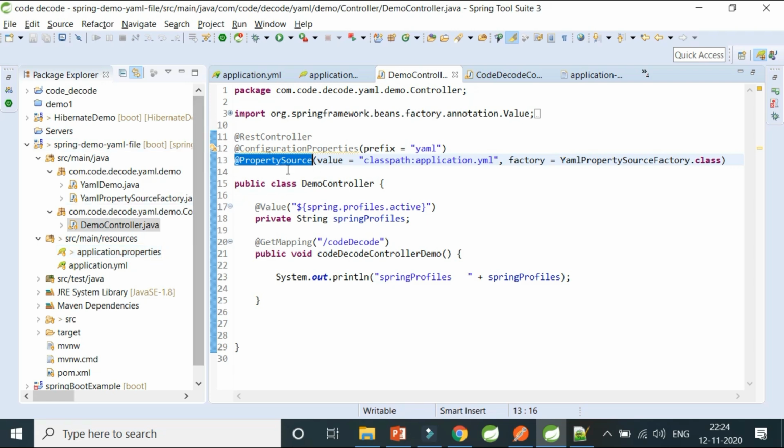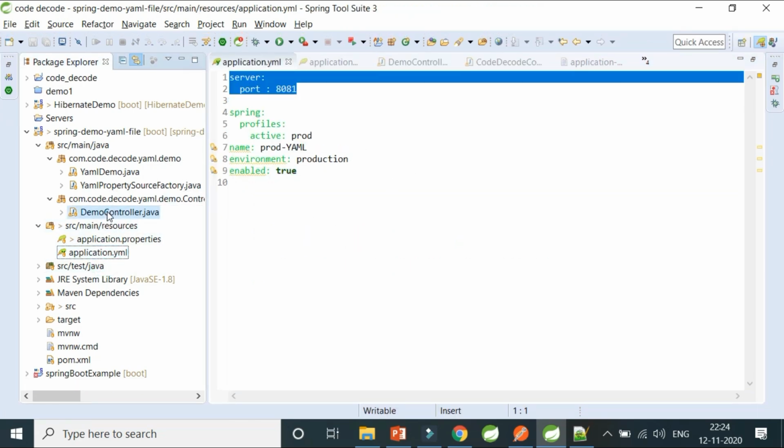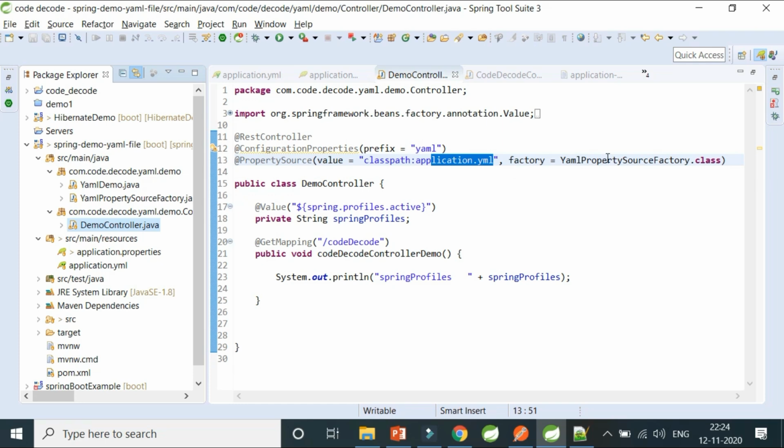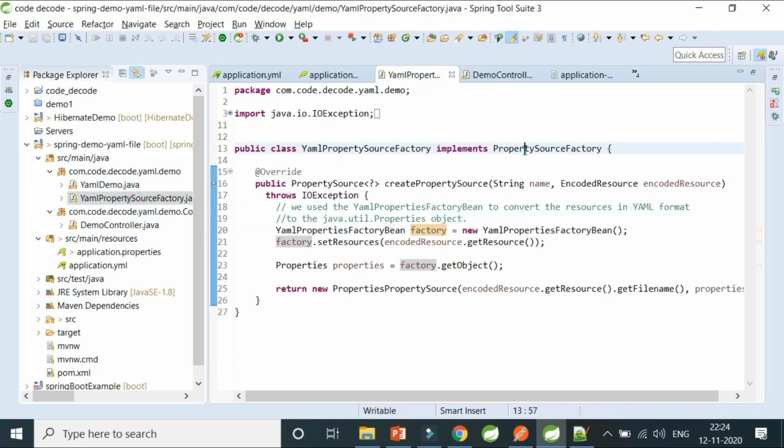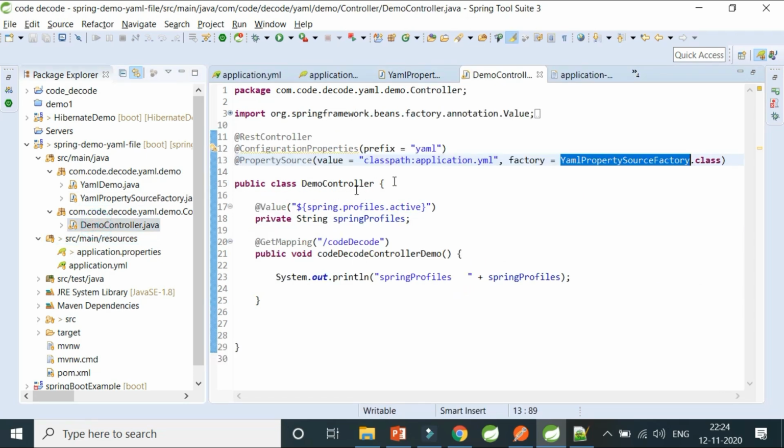But now I have to make sure that it does not pick the application.properties file, and rather uses the application.yaml file in my controller, and I have to use the factory that I've created, the YAML property factory, which implements the property source factory, which makes sure that your properties are converted into a Java util Properties object and you can use it in your application. So this is as simple as that.